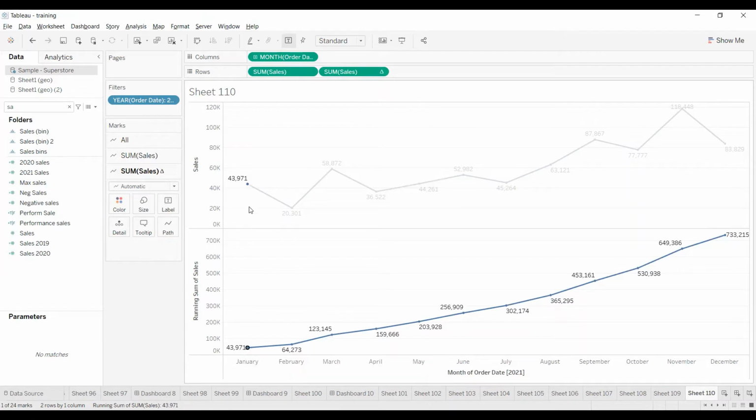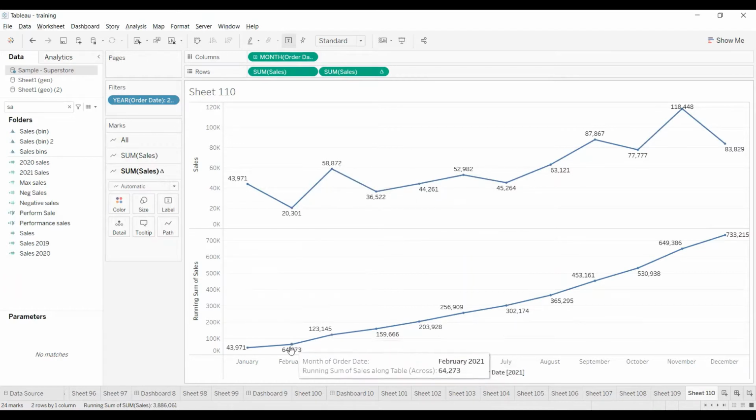So 43,971 plus 20,301. And when it goes to the next section, it cumulates the previous value, 64,273, plus the next month value, 58,872. This is called the running total, where we are showing it in the same view. This is one of the most useful table calculations, called running total.